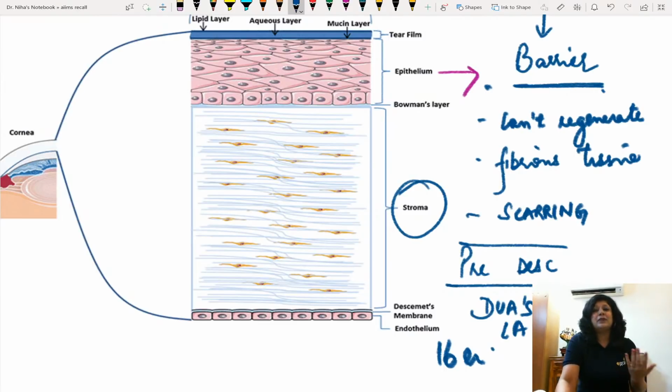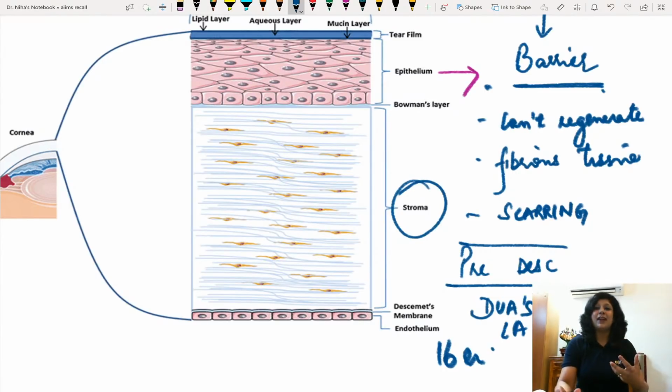And I think Descemet's membrane does not require introduction. Descemet's membrane is the most resistant one to mechanical trauma, to chemical trauma, to bacteria, and previously it was the toughest one also. We have Descemetocele herniation, preventing the impending perforation. We have Descemet stripping, complications of cataract surgery, detachment of the Descemet's membrane. We have Schwalbe's line, the prominent end of the Descemet's membrane. And then we have endothelium.